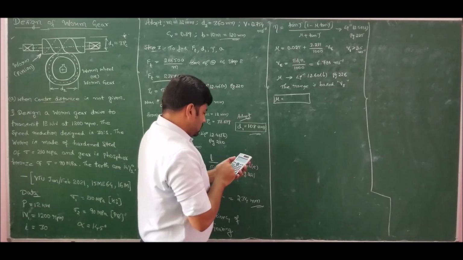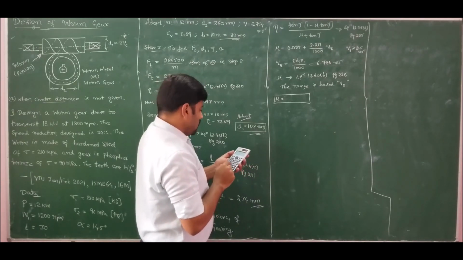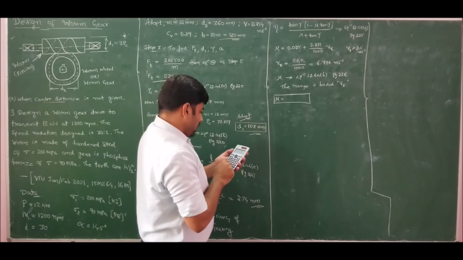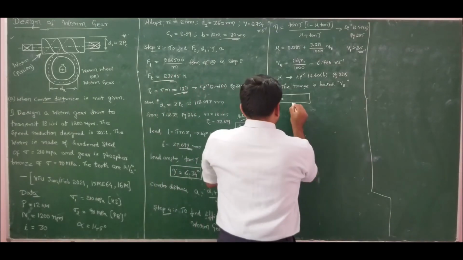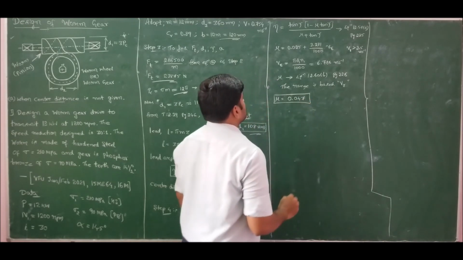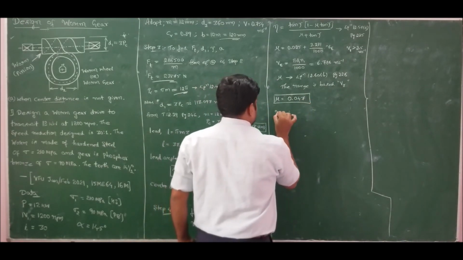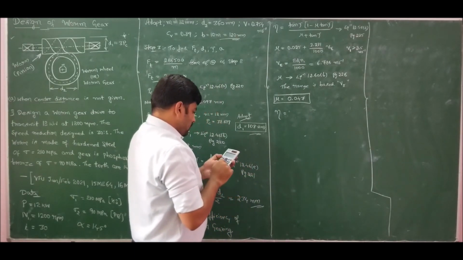0.025 plus 3.281 into rubbing velocity 6.786 divided by 1000. So coefficient of friction is turning out to be 0.047. So therefore efficiency of worm gearing system is tan of 6.34 into 1 minus